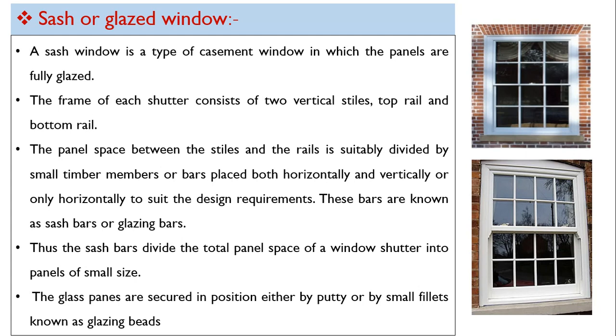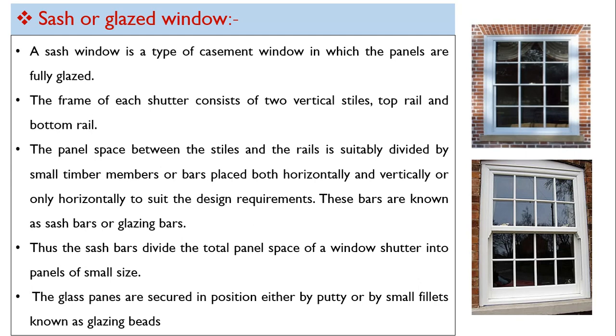The frame of each shutter consists of 2 vertical stiles, a top rail and a bottom rail. Please correct the spelling everywhere. I think automatically it is taken as S-T-I-L-E-S. It should be S-T-Y-L-E-S. The panel space between the stiles and the rails is suitably divided by small timber members